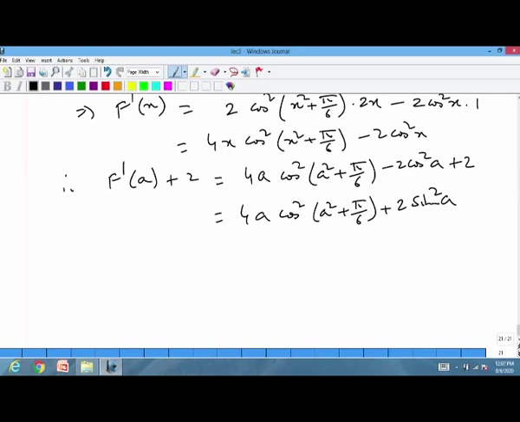Now, this is given to be equal to integral. So, therefore, integral from 0 to a of f x dx is equal to 4 a cos square a square plus pi by 6 plus 2 sin square a,